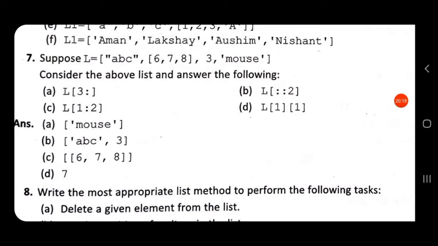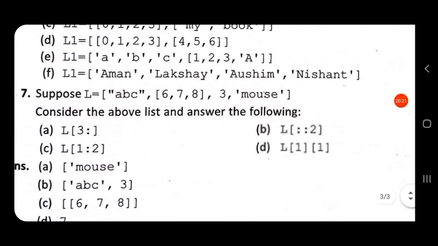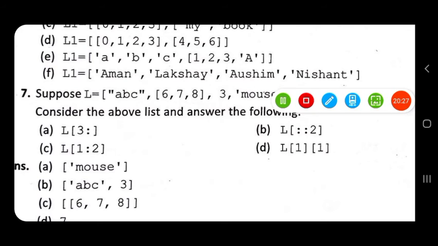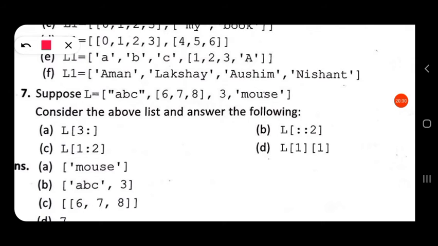Now question number C, L[1:2]. So 1:2 means the slice will start from index position 1, then the stop is considered as 2 minus 1, that is 1. So 1 to 1 only.